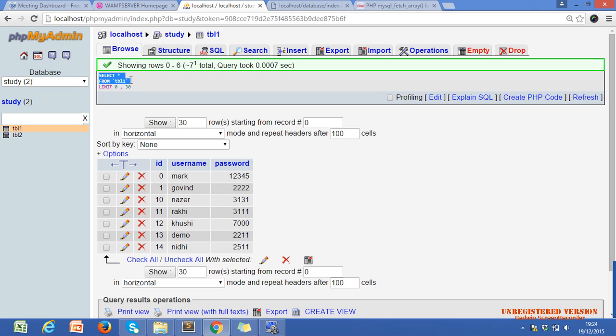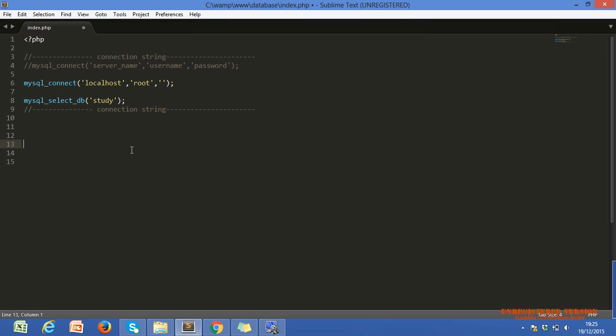If we want to fetch the data, we have to run a select query. Nazar and Khushi, we discussed the select query, right? Okay, let's see how we select data from the database using PHP.